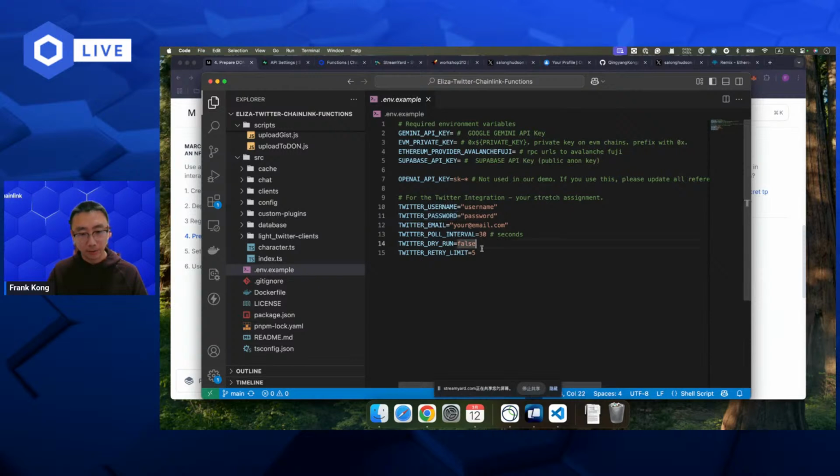And my suggestion is that you need to create a test Twitter account for this demo, because if something bad happens, or if you don't want anyone else to just find you post some random things, you just use a test account. So you can keep your primary Twitter account no more.